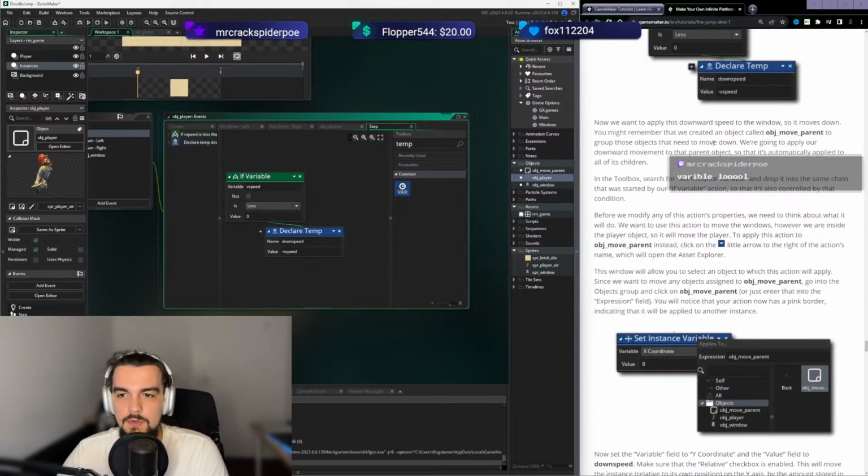Now we want to apply this down speed to the windows so they move down. You might remember that we created an object called object move parent to group those objects that we need to move down. We're going to apply our downward movement to the parent object so that it is automatically applied to all of its children. In the toolbox, search for